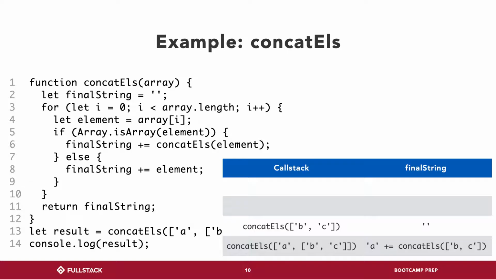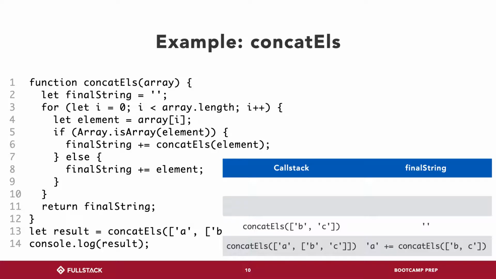We hit that recursive call, and that function is now being called, so it goes onto the call stack with a different value. Now this function is running again, and this one is paused, where the result string already has the A in it. So now we have just an array with two things in it, B and C, two strings, right? So we go through this for loop,